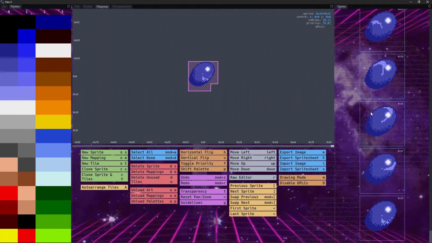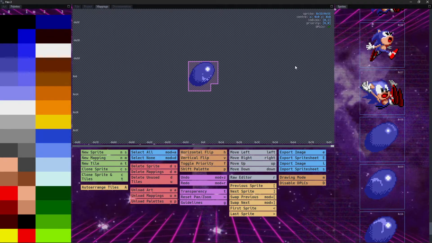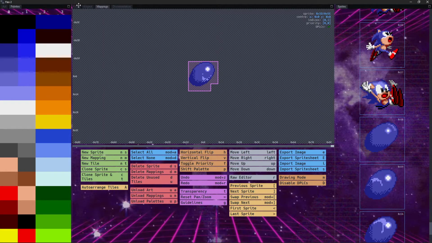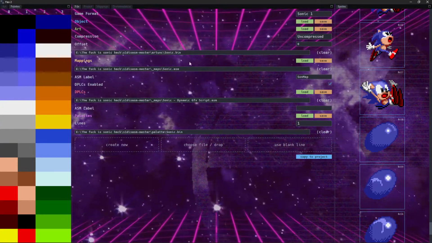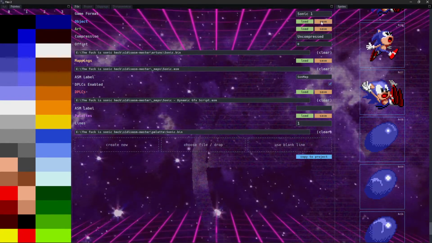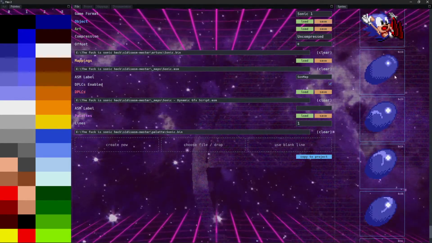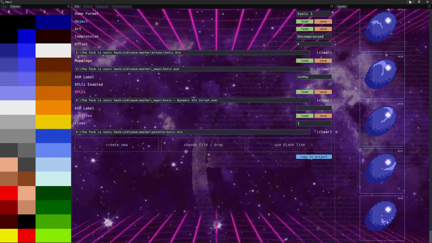Alright, so now that that's all done, there is one more thing that we need to do. Well, we could actually save that for afterwards. Now what you want to do is save the object that you just loaded, which is, of course, Sonic. Now all the new artwork, the mappings, the DPLCs are all saved. The next step,